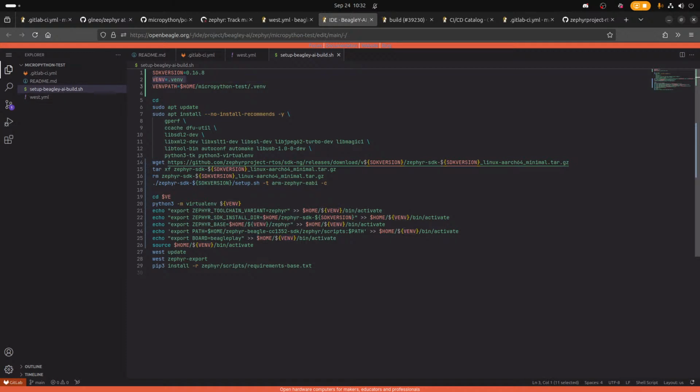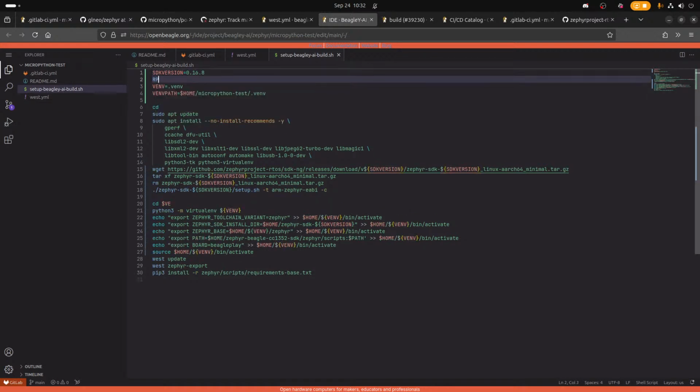So we will need the base directory path for making the base directory. So MicroPython test. We need to make that first, right? No, because when we clone it, it's going to be there. So that's the problem.